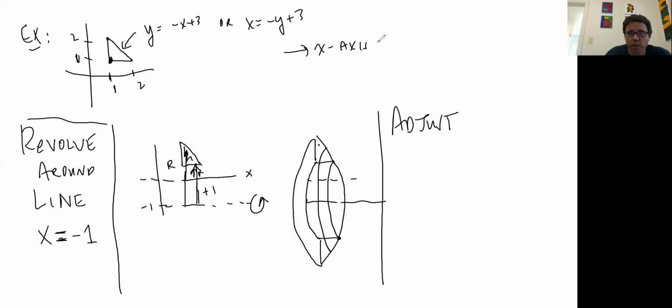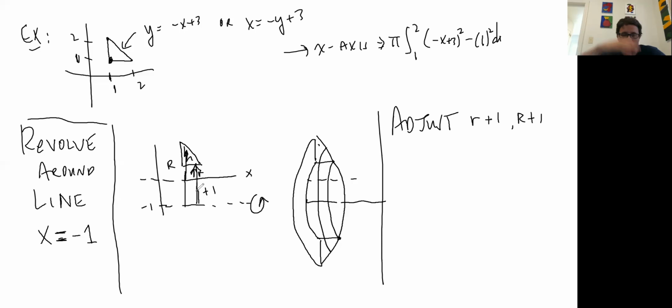The setup was pi times the integral from 1 to 2 of (negative x plus 3) squared minus 1 squared. That was the old one. Now I can adjust by just taking little r and adding 1 to that, and taking big R and adding one more unit onto that, because all I've done is increase the radius by 1 unit. And now the new volume will be pi